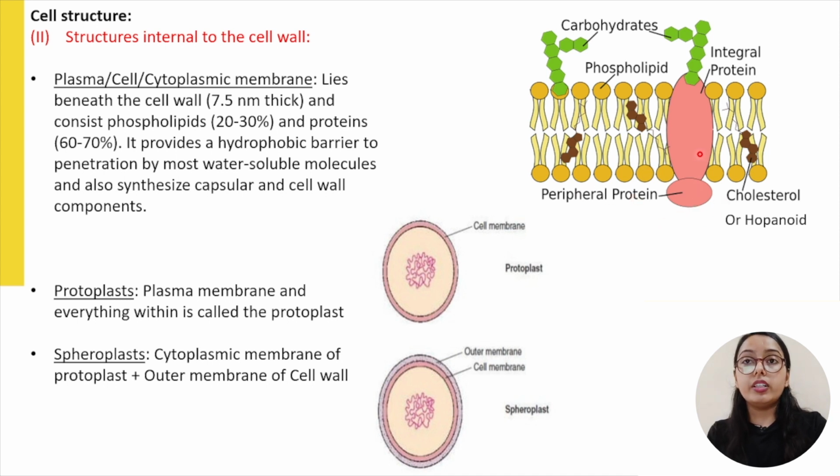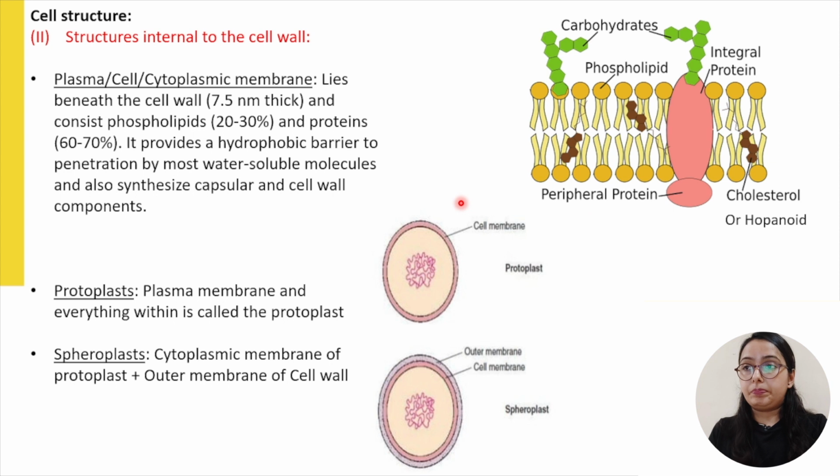However, the integral protein is very tightly attached in the lipid bilayer and cannot be easily extracted during any unfavorable circumstances. Now apart from these phospholipids and proteins, there are also certain other components present in the plasma membrane. As you can see here, there are cholesterol or hopanoids which are responsible for providing stiffness or rigidity to the